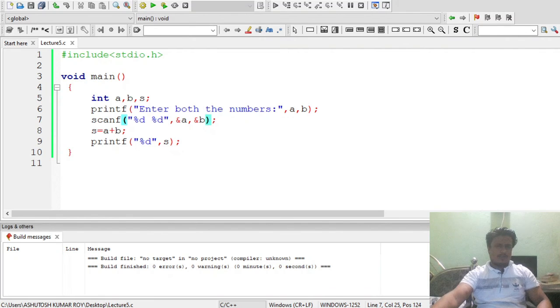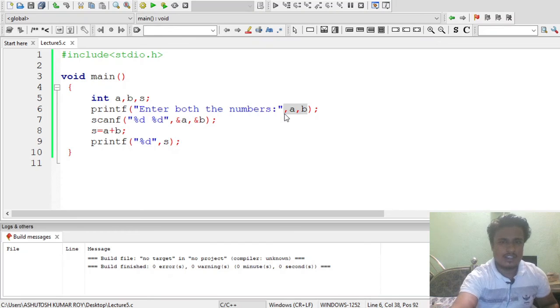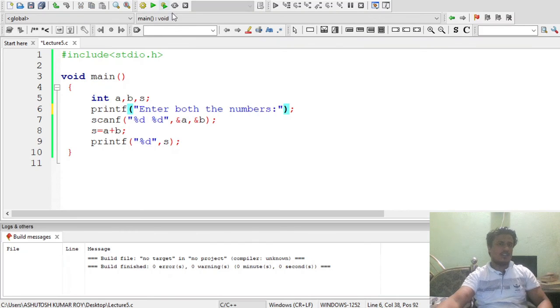So now I have shown you that we can cut short the code, but the result remains the same. I have also told you that these are redundant. Let me show you. Let me erase this part and see whether it is working or not. Okay, save the file, it is already saved, then run it.